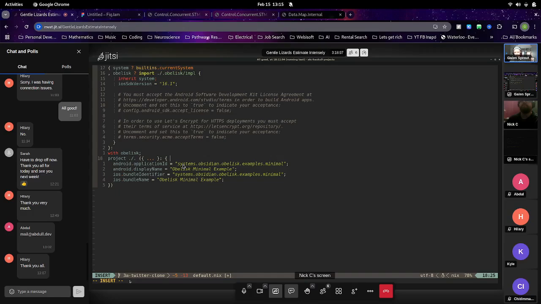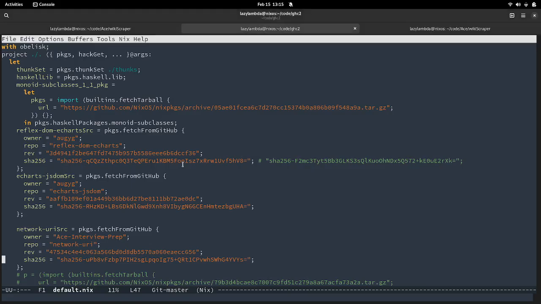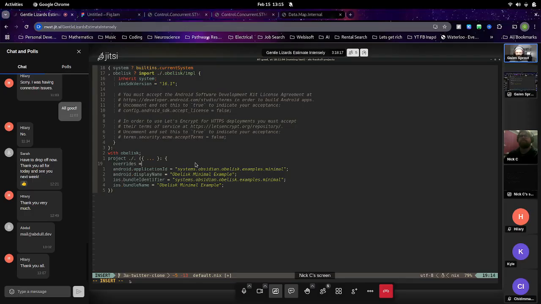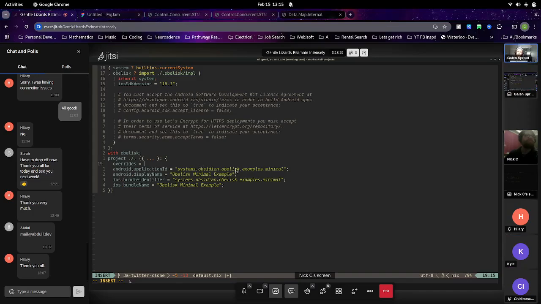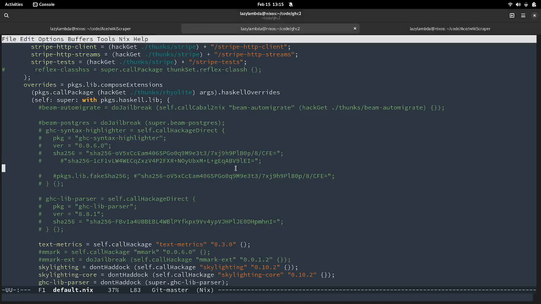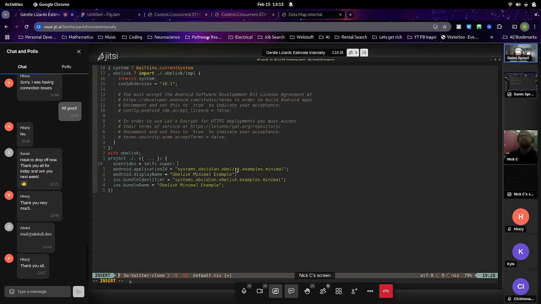Okay, and then press enter. So overrides equals self colon super colon, and then do the curly braces, and then start a new line.